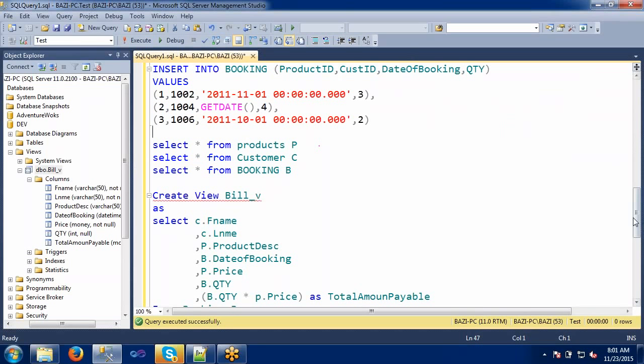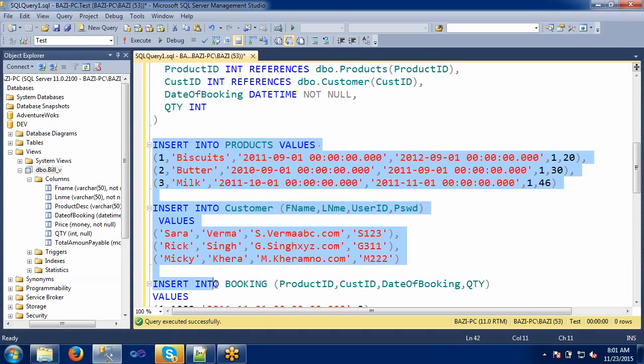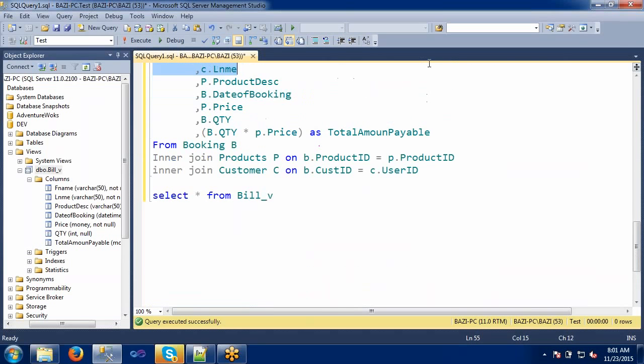Can you scroll up once? One second, I'll check this one. I'm just going to insert these values in some other database. There should not be any issue here.